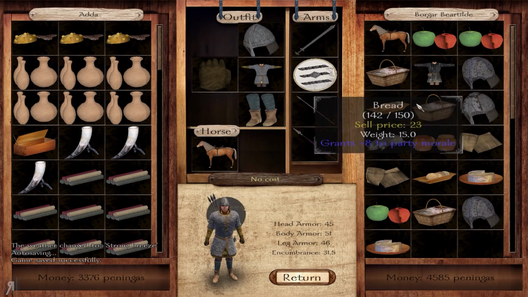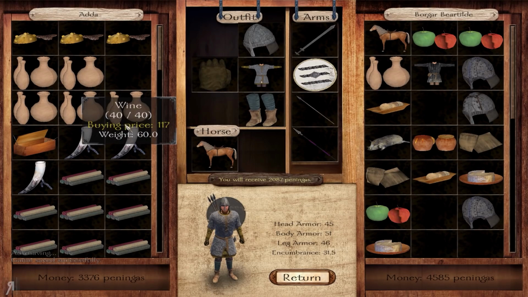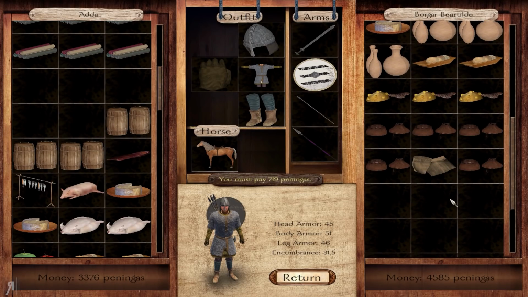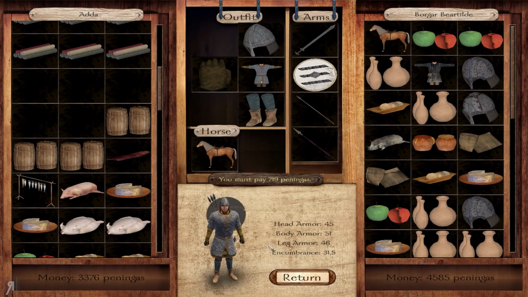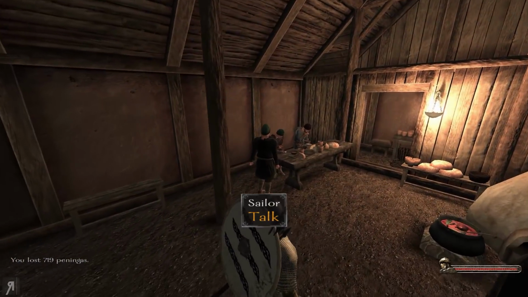I actually do have a little bit of wool left over, as you can see here. I have not been to Dorstad, though. So it is actually really nice for me to do this right now. We're just going to take all of this over to Reba, and we don't have to pay anyone. That's what's really cool about this. I don't have to pay anyone whatsoever for these services. I can just literally pay, what, 720 for that. And I'm going to go into the mead hall as well, because I'm looking for...